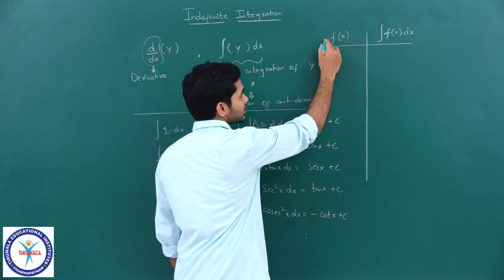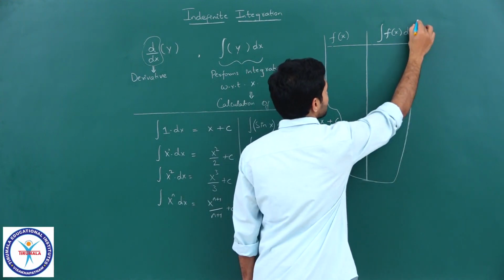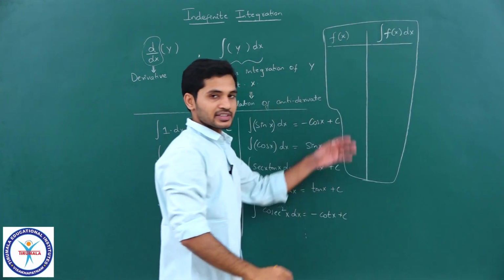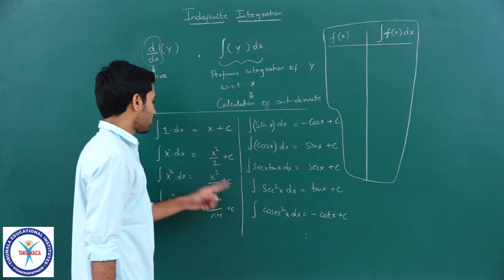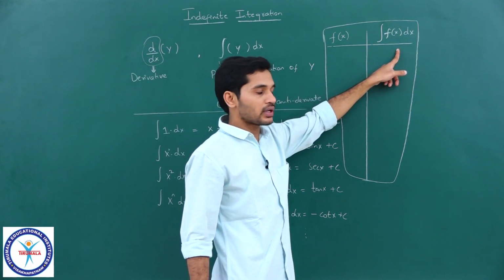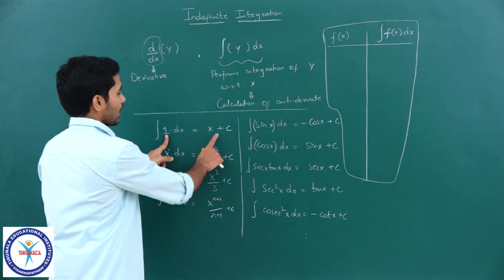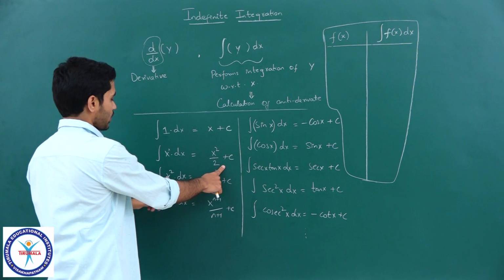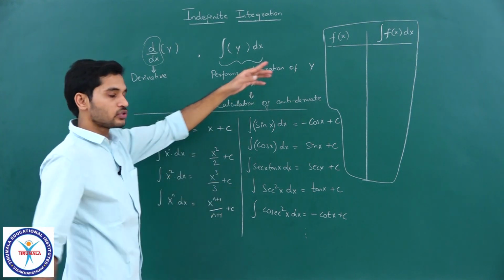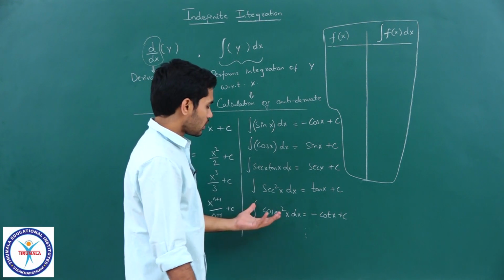Let me write a few more. I am not going to fill this table. I want you to make a table like this in your notes and fill it up with all the values which we have here. So, write 1 here, the corresponding integral of 1 with respect to x will be x. So, 1 gives x, x square by 2, x square gives x cube by 3. In that way fill up that table, and so on. And like I told, there are a few more.